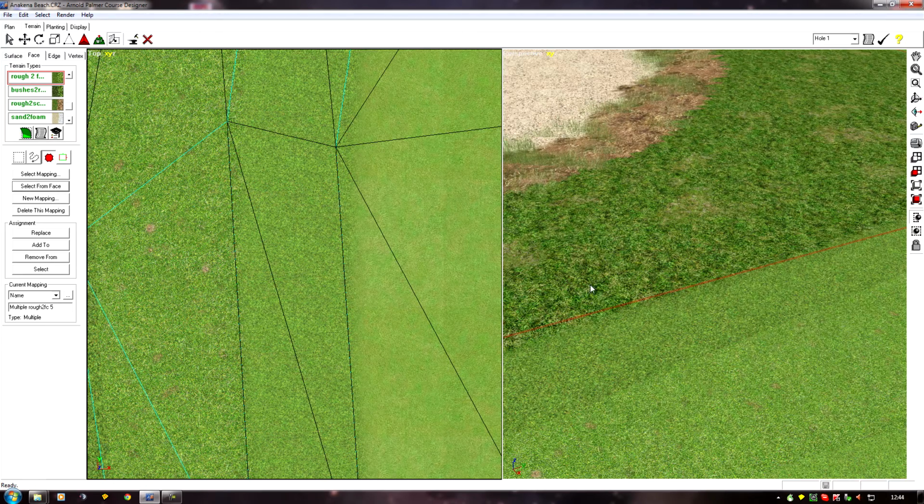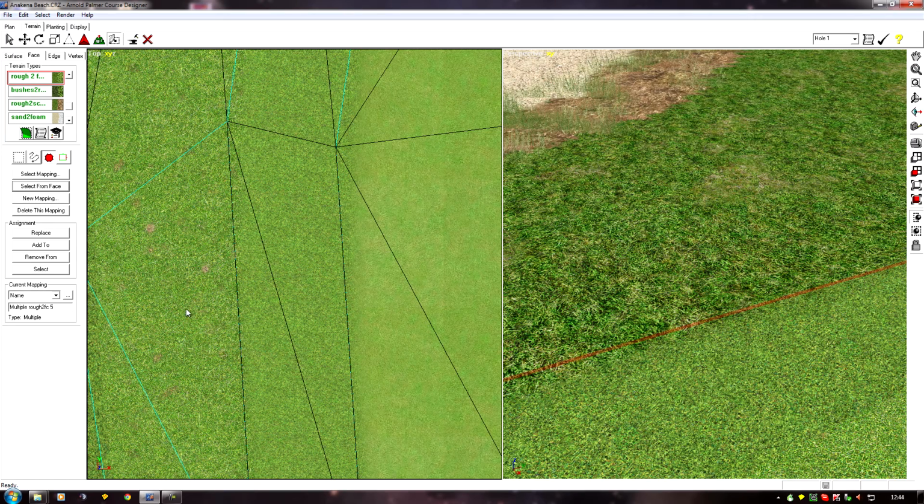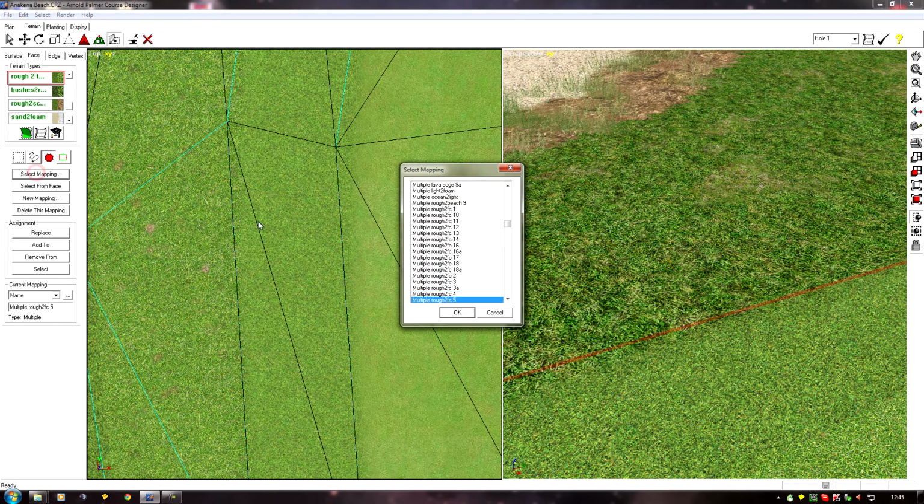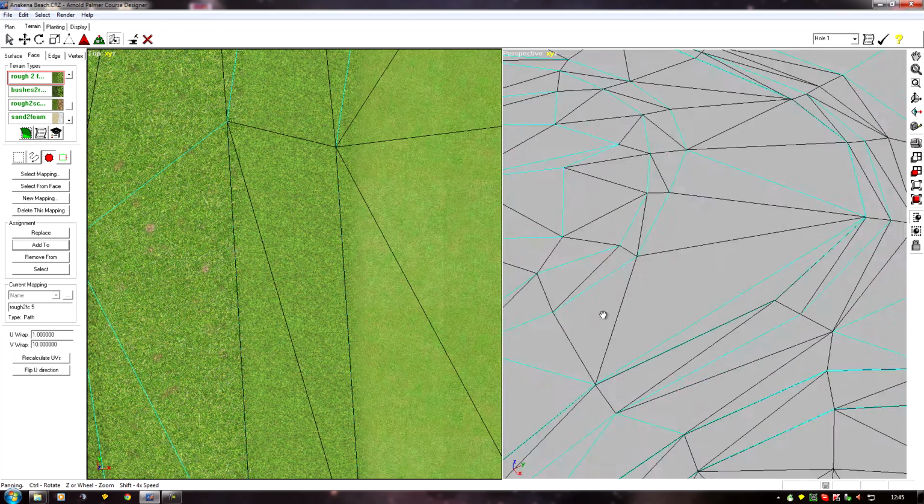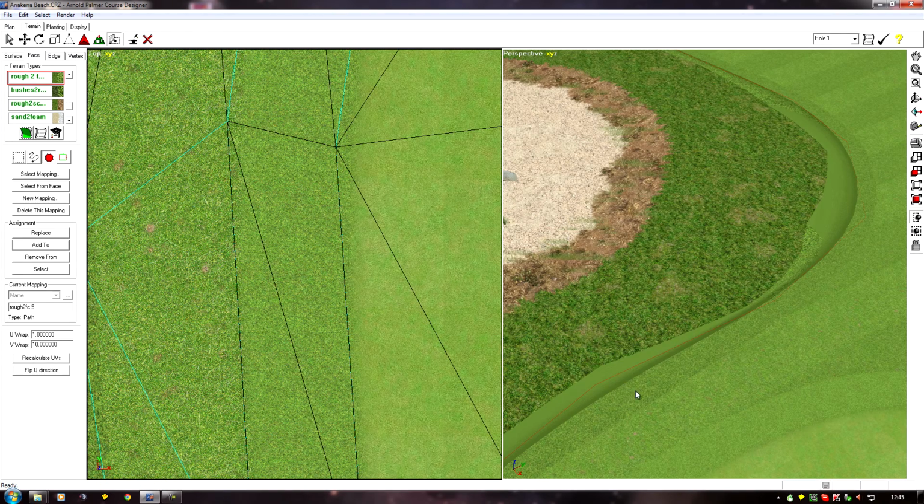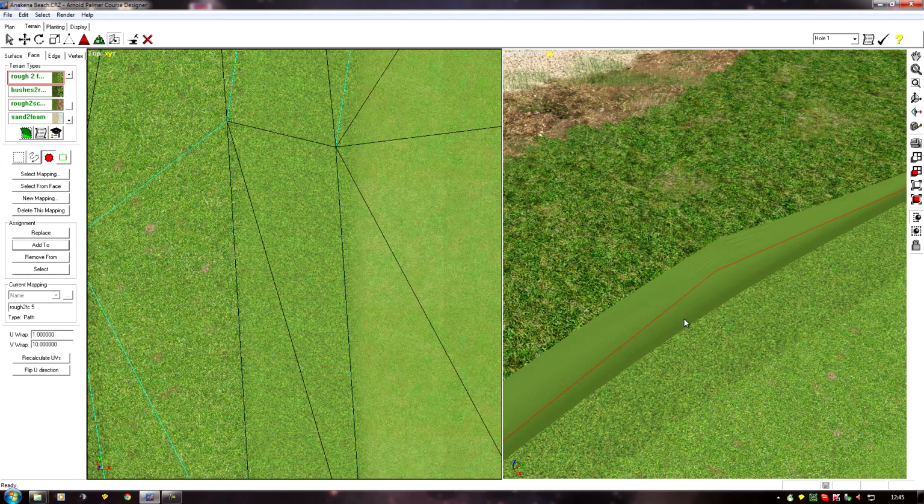So let's say we're adding a rough to first cut seam blend, which is rough to first cut 5, so I'm going to select the mapping again and just add it again. Rough to first cut 5. Add to. Because our rough is dark and our first cut is light, we can actually see that this needs flipping. It's the wrong way round. But if these two textures were the same colour,